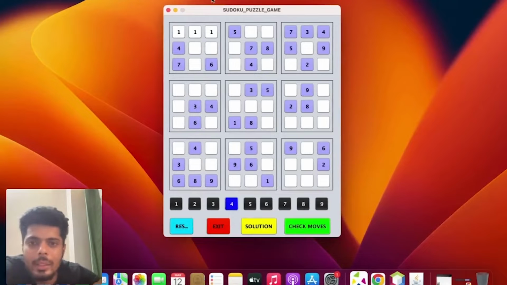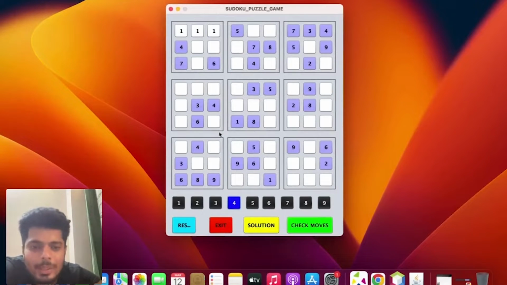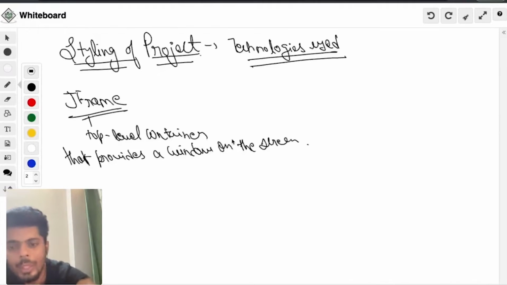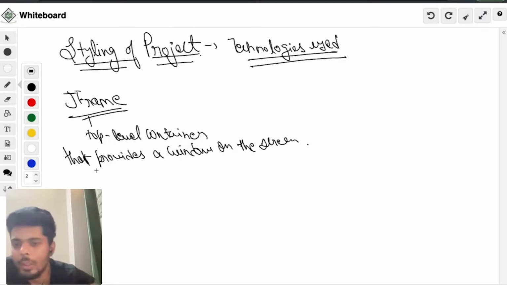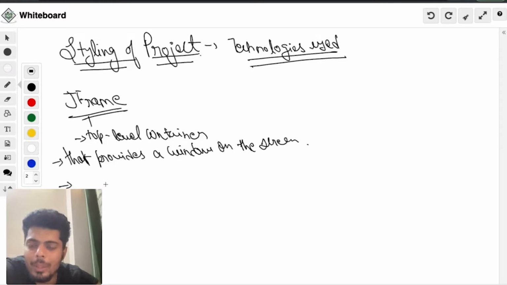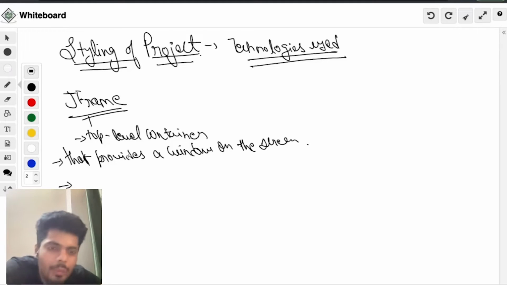You can see this window on the screen. Definitely everyone can see that this window is provided by JFrame only. The JFrame helps us provide an area, a playground wherein we can put up our components and design a lot of things. Whenever that project gets built and executed, that particular window will come up as an output of that execution. Whenever the build succeeds, that window will pop up as an execution result, right? So this is the main role of JFrame.